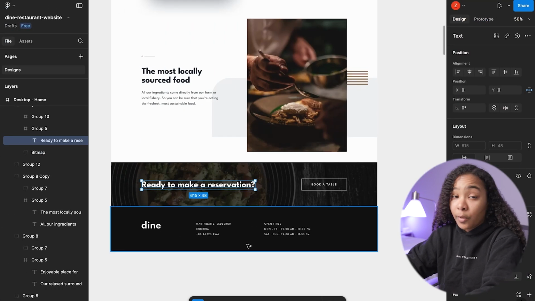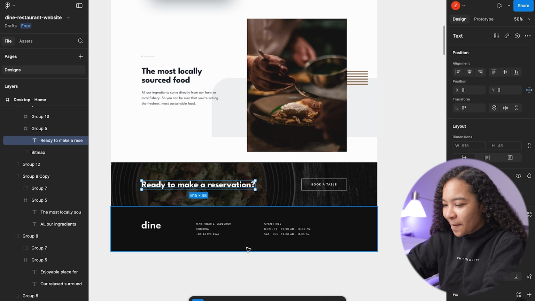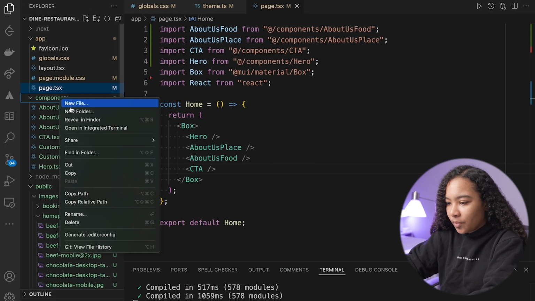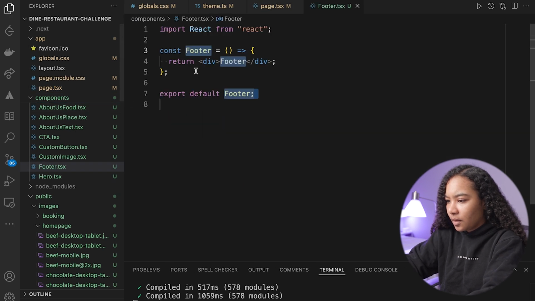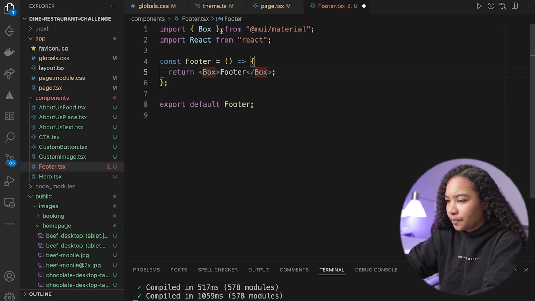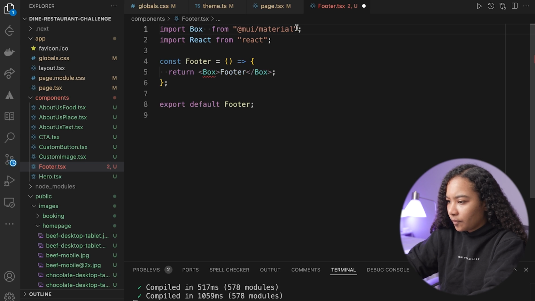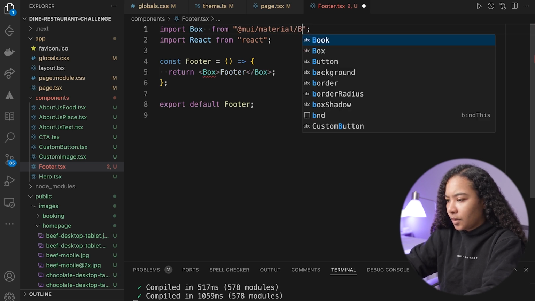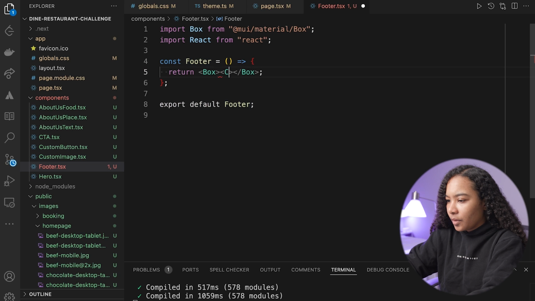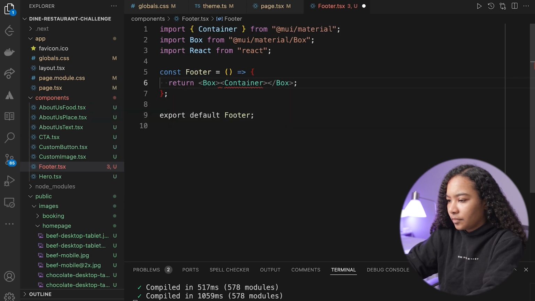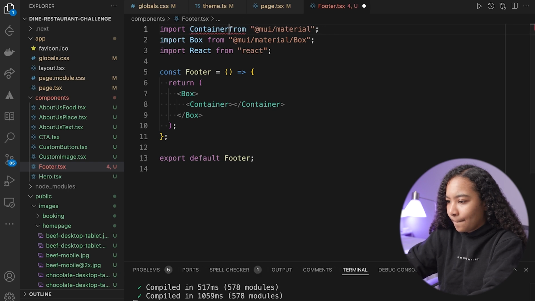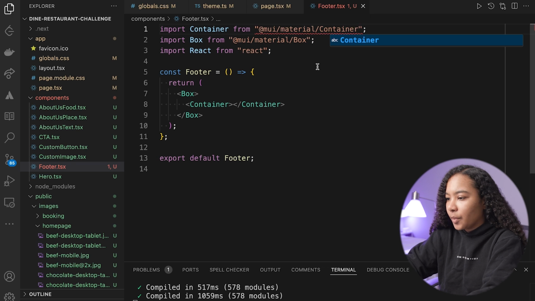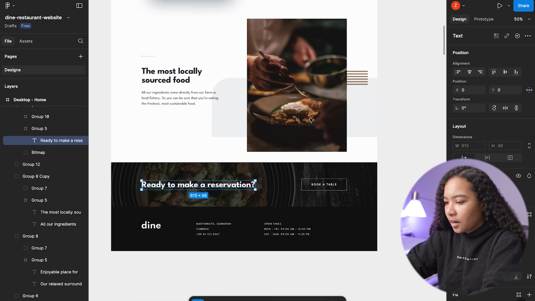Last piece we need is the footer, and we're going to be able to reuse it on the other pages, which is great. We're going to have component, new file, footer.tsx, and we're going to build that. So again, starting with a box. And then we'll have a container. Container. There we go. And